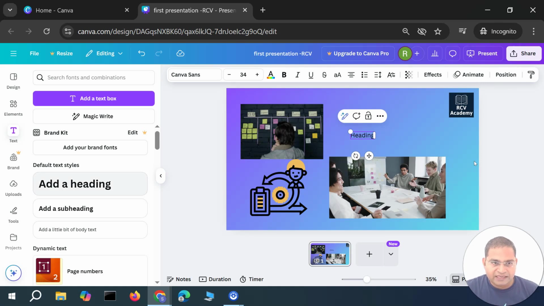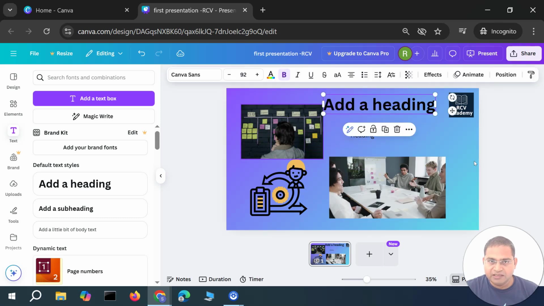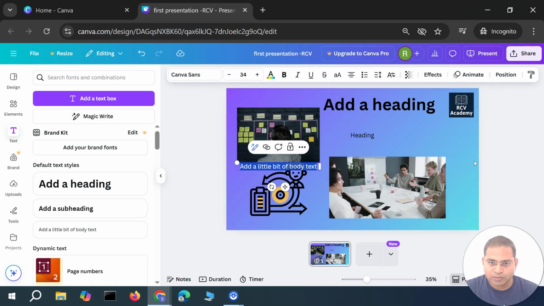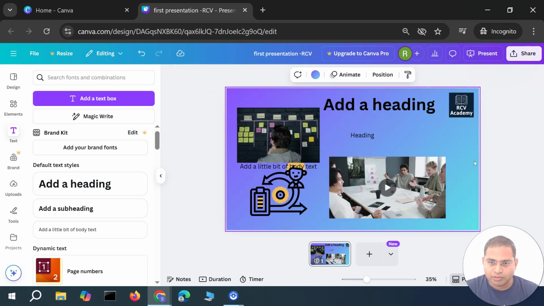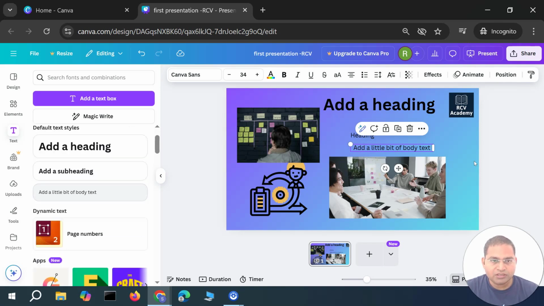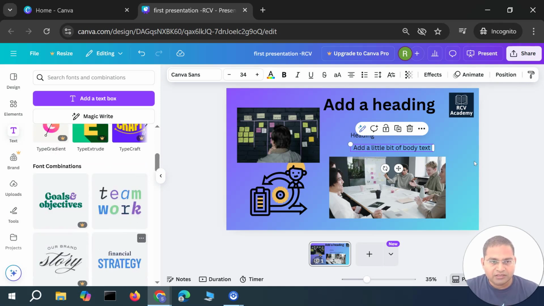Or if you want to add a heading, you can simply click on add heading, and it will add that particular heading automatically. And then to add a subheading, you have this add a subheading, and then for a text box, you simply click on this text box, and it will add a text box in there in the slide. Okay, so this is basically how you are going to go ahead and design your presentations on Canva if you are designing from scratch. So I've explained all the relevant elements that you could go ahead and use in Canva